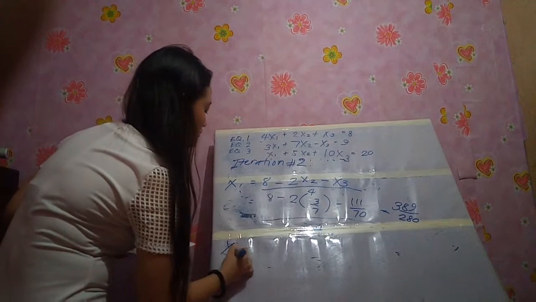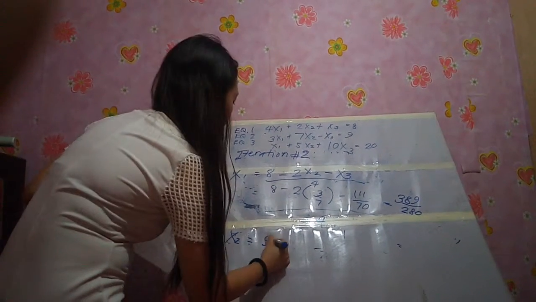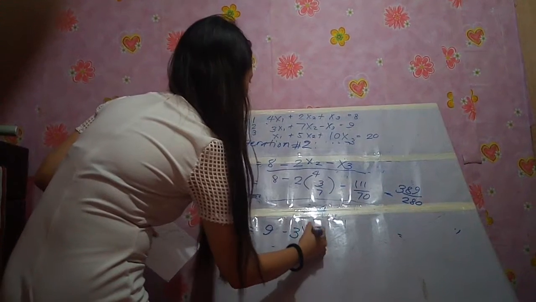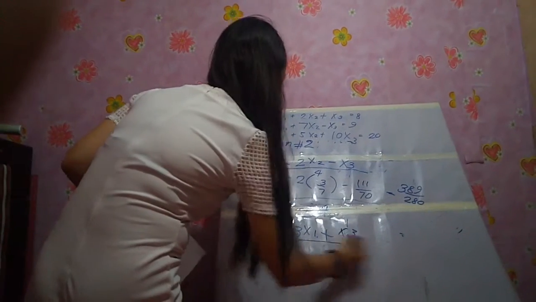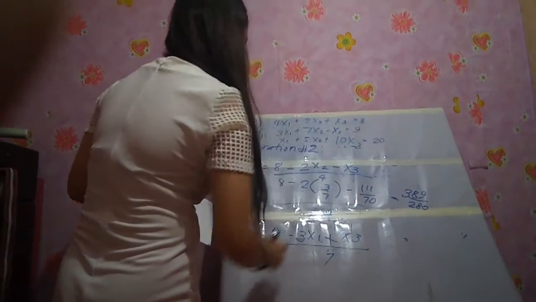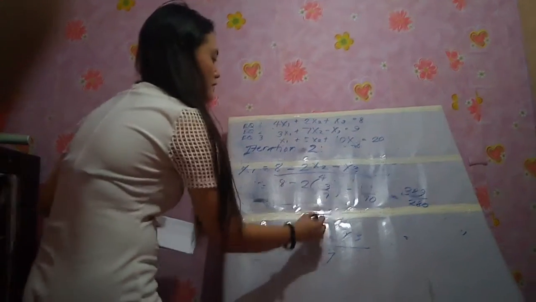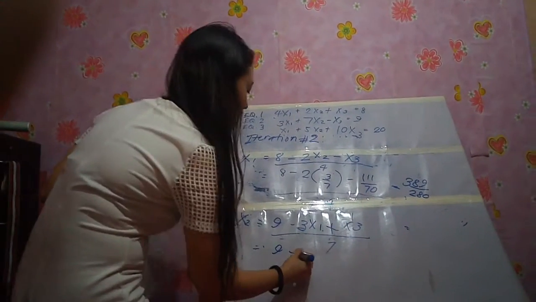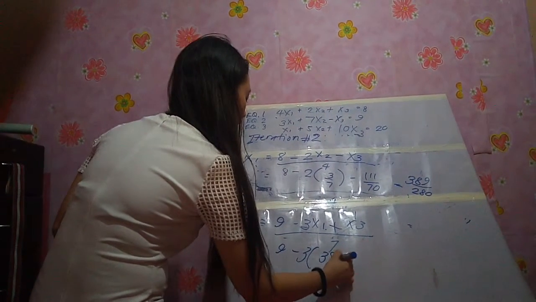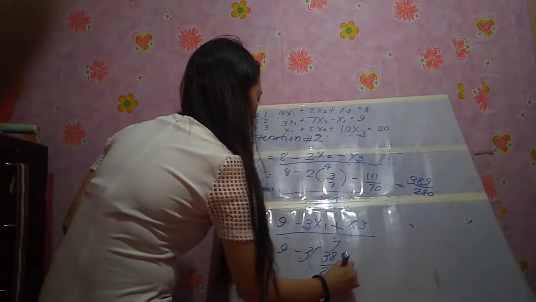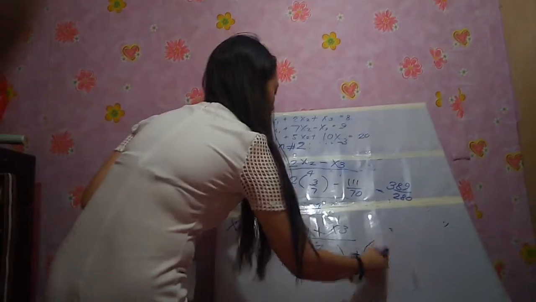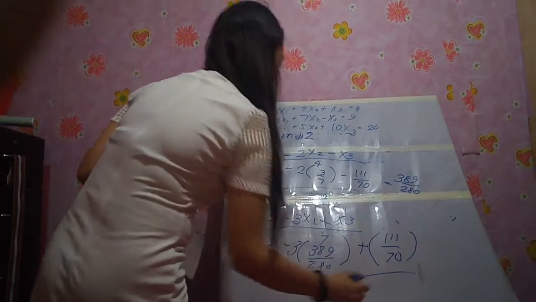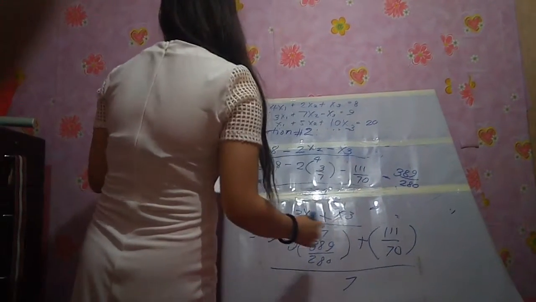For x2, we'll just do the same, which is 9 minus 3x1 plus x3 all over 7. And now, we'll use the value of x1, which is this. So 9 minus 3 times 389 all over 280 plus our present value of x3, which is also 111 over 70, all over 7,